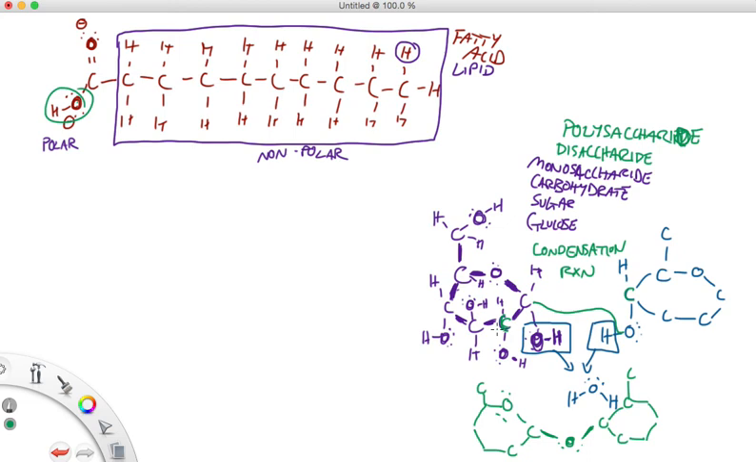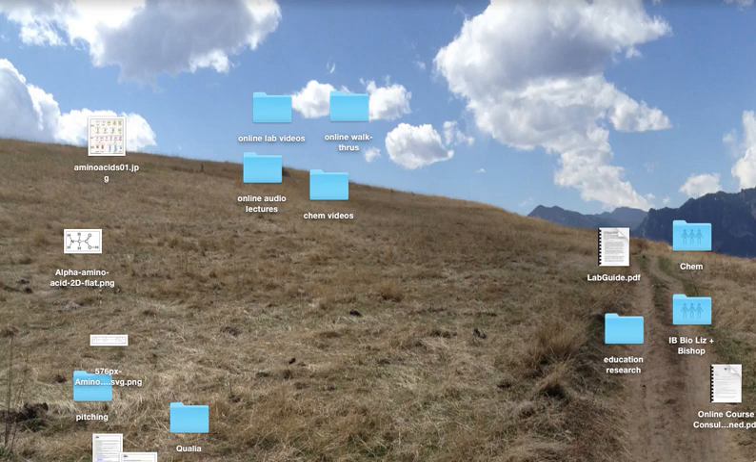Great. So if we move on now to the other two molecules that I want us to kind of focus on, let me kind of look up what